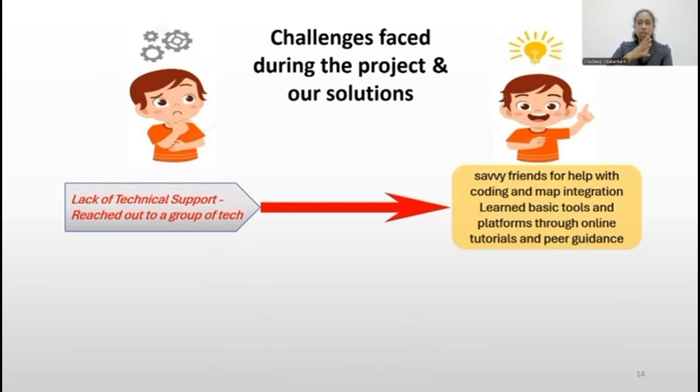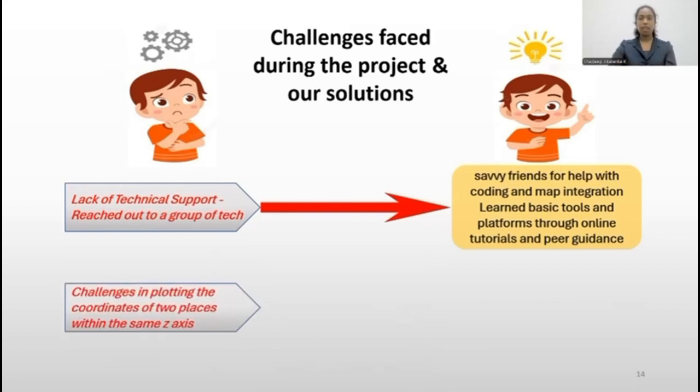This was the option that we really took. And the next struggle that we faced is the challenge in plotting the coordinates of two places within the same z-axis. Actually, this is very important in directing a new graduate. The next challenge is plotting the coordinates of two places with the same z-axis. Actually, this is just like our map is a solution for a current problem, because in Google Maps,